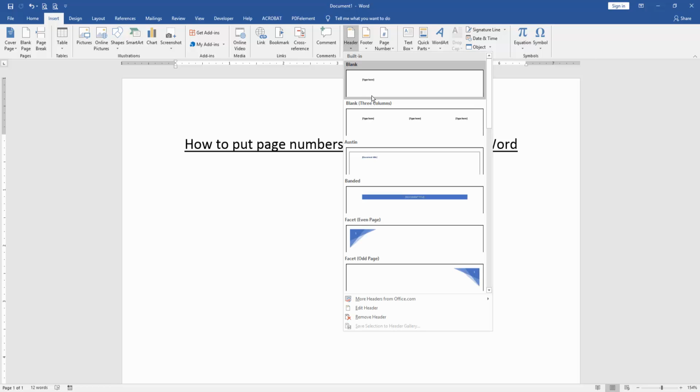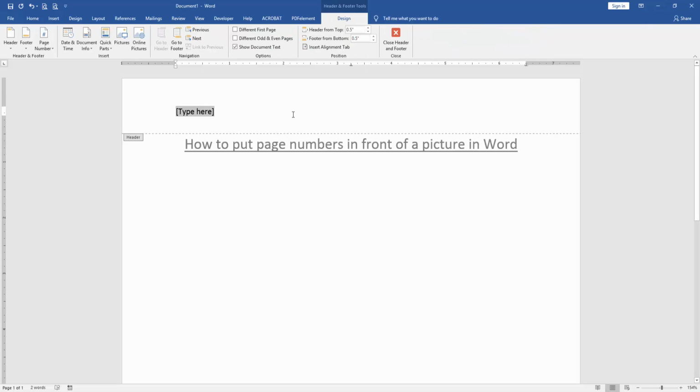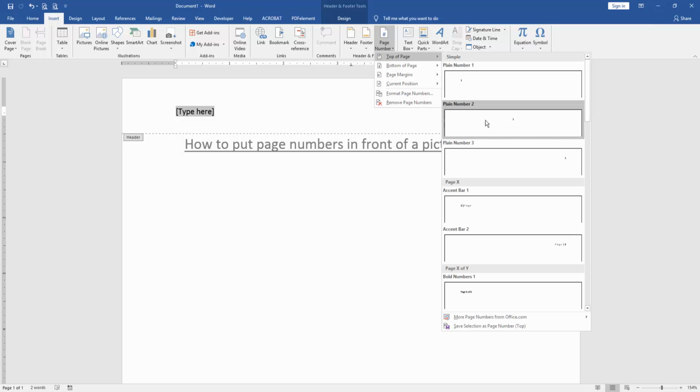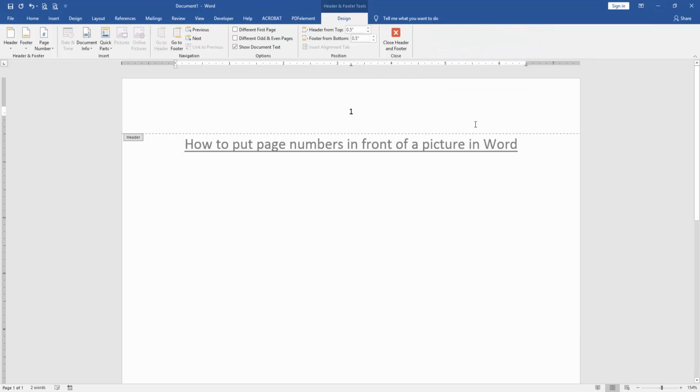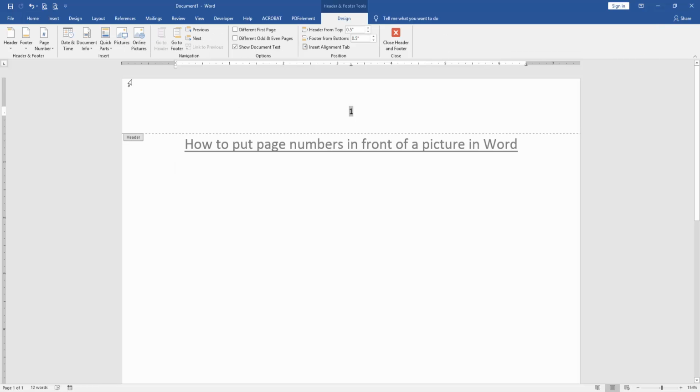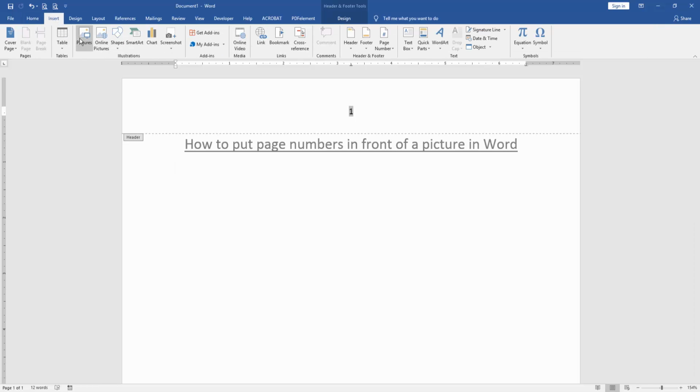Then choose a header format, then go to the Insert menu and click the Page Number option, then click Top of Page and select Plain Number 2. Now we can see we put page numbers on this page. We double click on the page and again double click on the header, then go to the Insert menu and click the Pictures option,